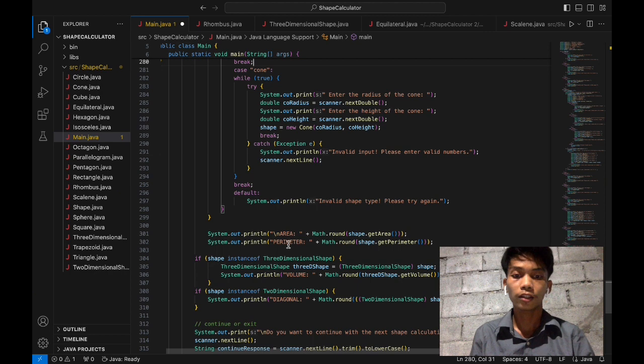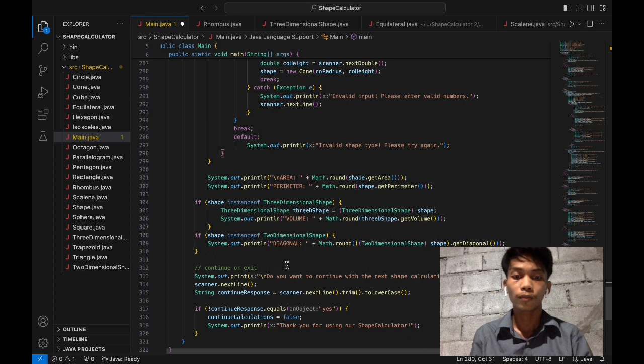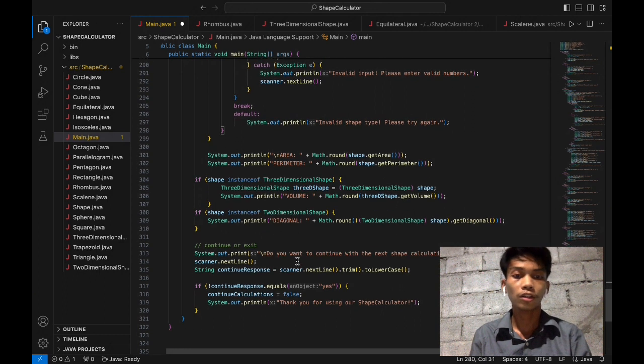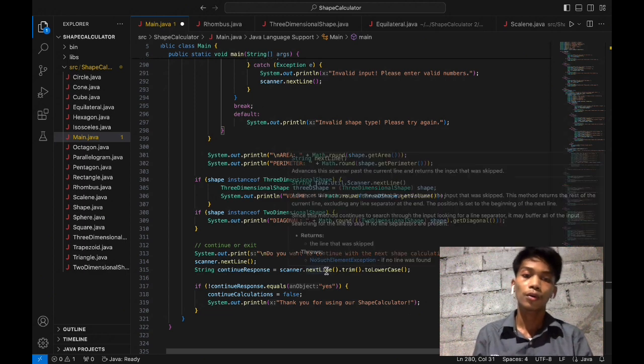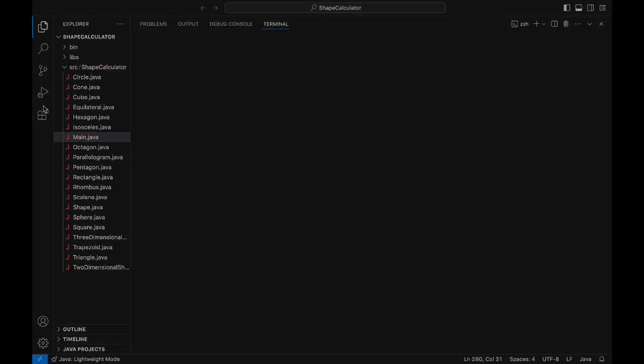For the three-dimensional shapes, it also calculates and displays the volume. For the two-dimensional shapes, it can calculate and display the diagonal. And lastly, it will give the user the option to continue or exit the whole program. If the user chooses not to continue, we thank them and exit the loop.